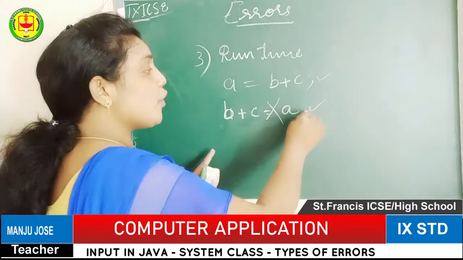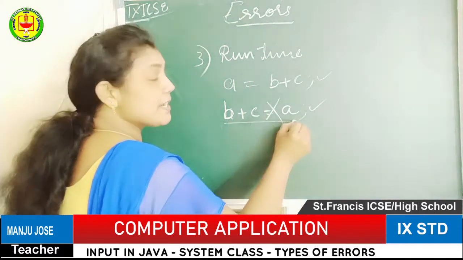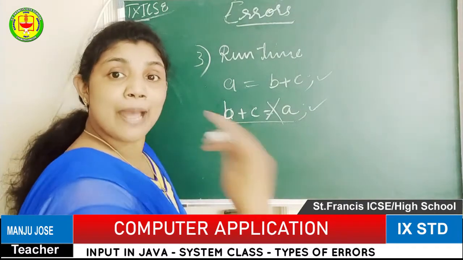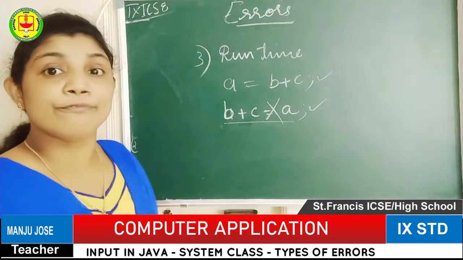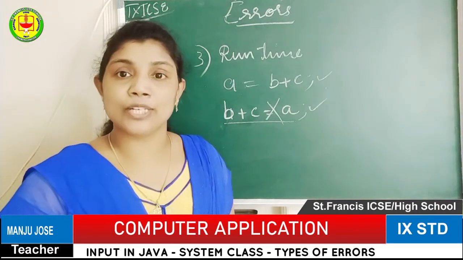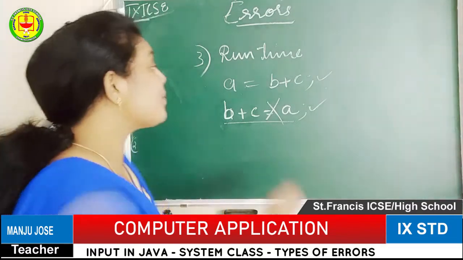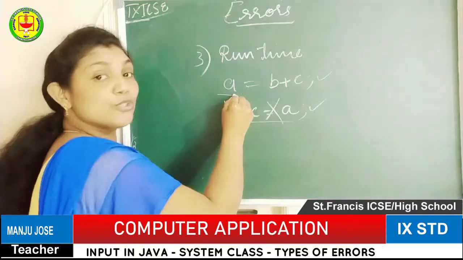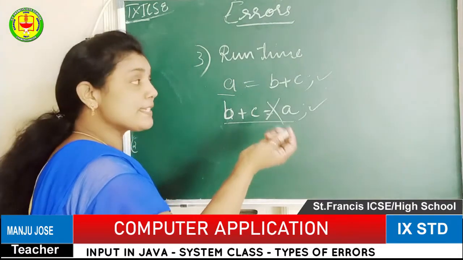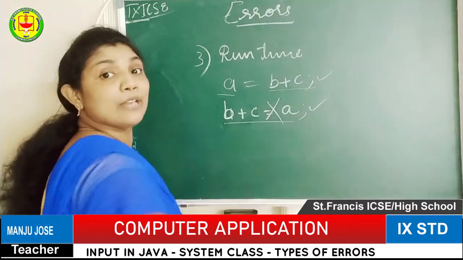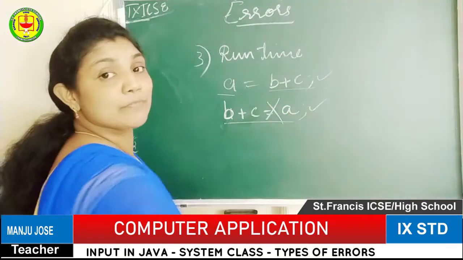Okay, so the one formula or one part of a statement is called an expression. So this expression is wrong. According to our programming theory, this is called a right statement. Why? Because before doing any calculation, first we should provide the space to store the result. That is called A. A is a space to store the result. After that, you have to allocate the memory for the result. Then you have to do the calculations or any other kind of processing. So that's why this expression will be correct.